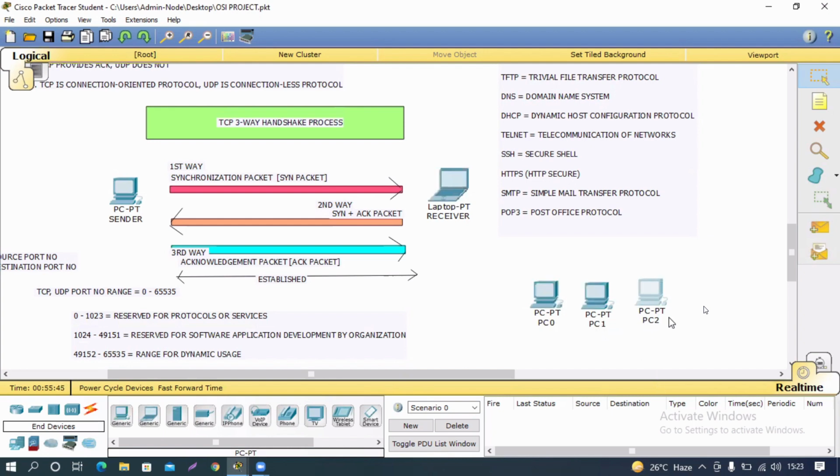PC0, PC1, PC2, like that. You are identifying them, right? Yes or no? This identification is done using IP addresses. But what services are running within this PC0, PC1? How can you identify those things? Using